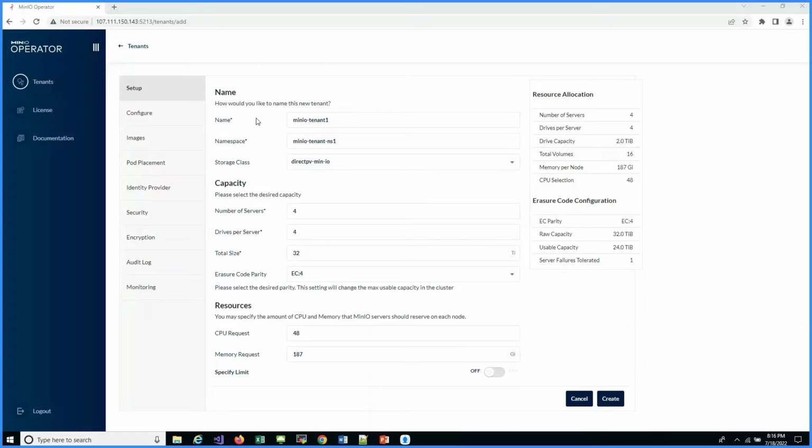We have updated these details. We have updated the name of the tenant and the Kubernetes namespace in which our tenant will reside. Please note that only one MinIO tenant per Kubernetes namespace is supported. We updated the storage class to direct PV MinIO. This storage class is associated with the direct PV CSI driver. The MinIO operator will generate the persistent volume claims, or PVCs, against this storage class,